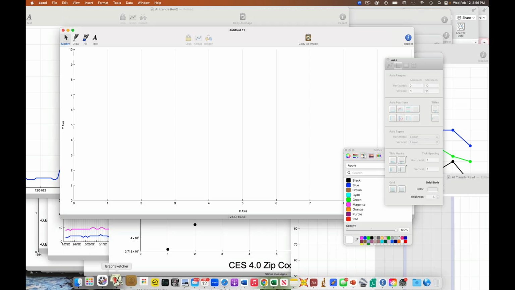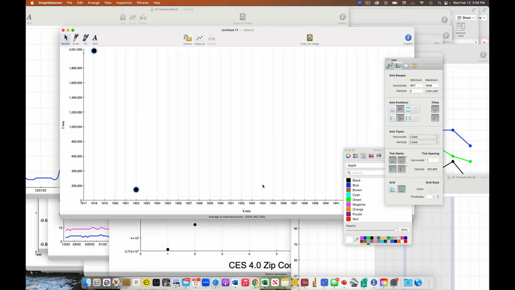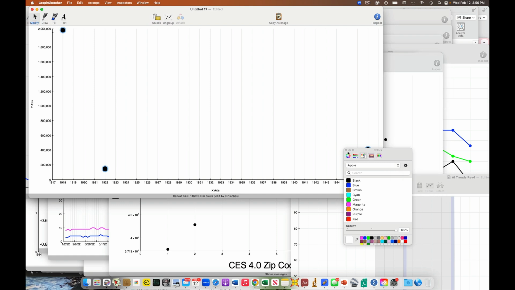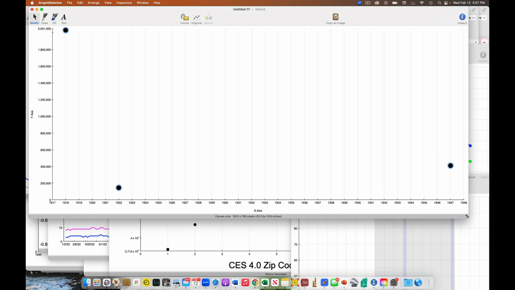Right, and it kind of looks something like that. Move these so you can see this. Right? And I could add a line graph and I could do all that kind of stuff. So, okay, that's cool. But